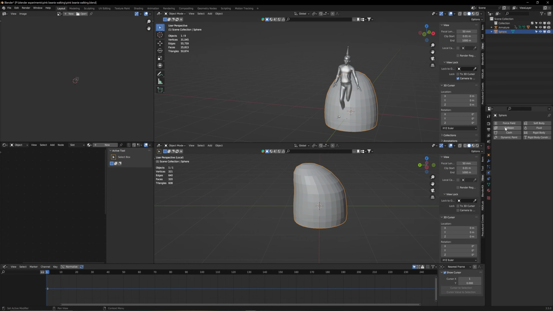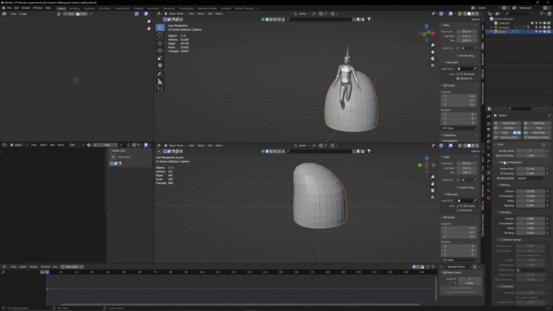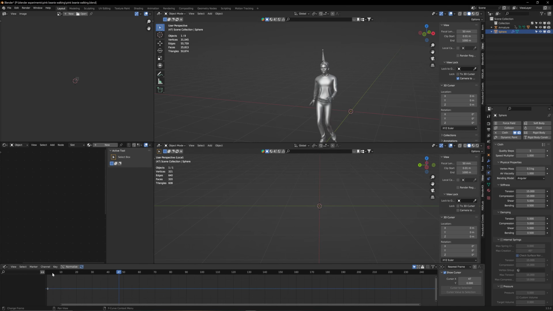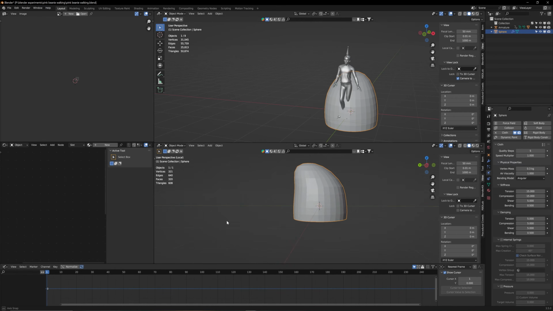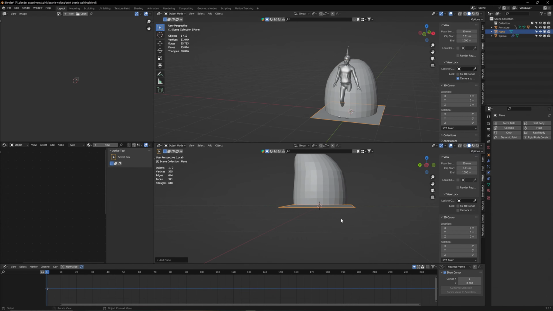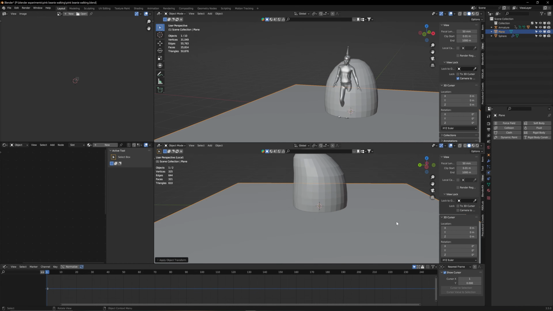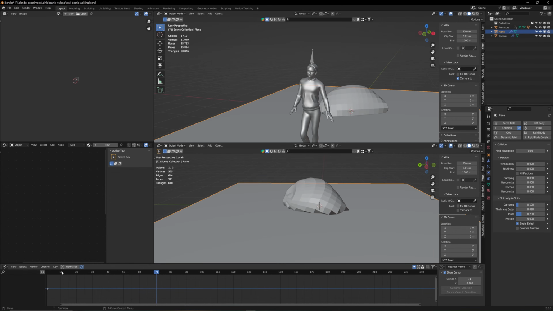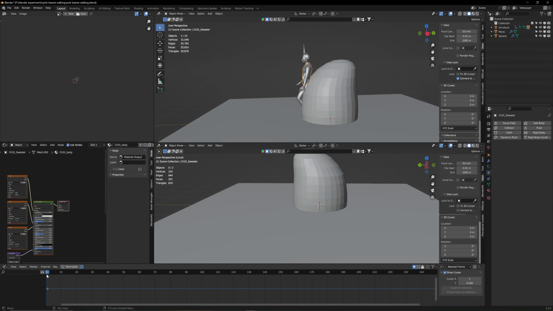I'm gonna go to physics properties and give it a cloth. Now we're just gonna see what it looks like. It's just gonna fall. Obviously not what we want. If you want to see what's actually happening, for now we're just gonna make a plane. Make it bigger. And on this plane, we just hit collision. And now we see actually what it's doing. So it's kind of stiff, but